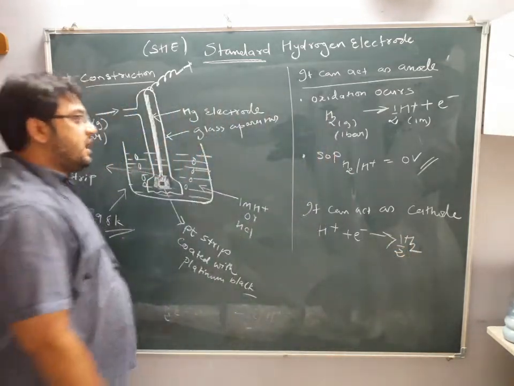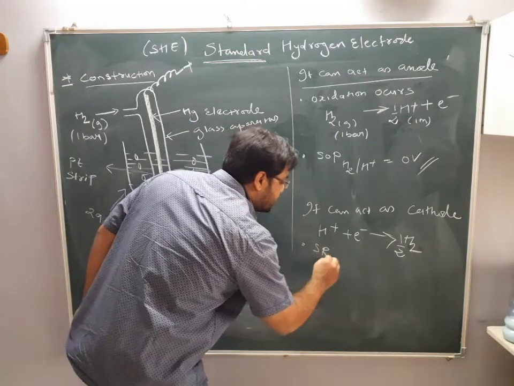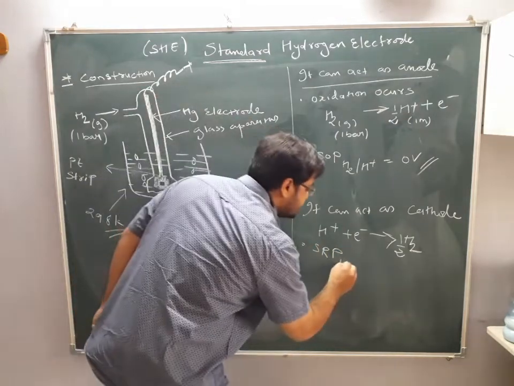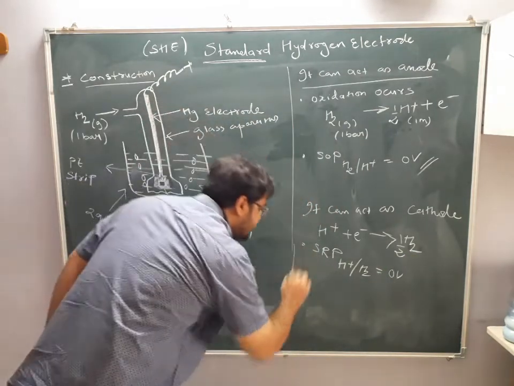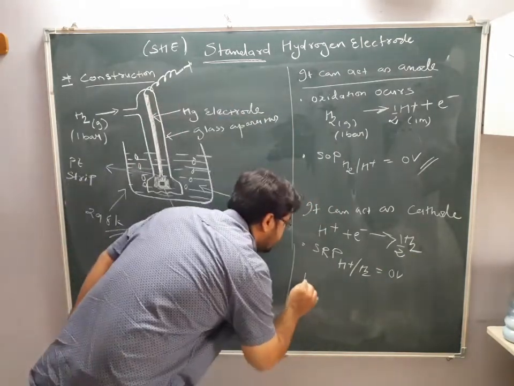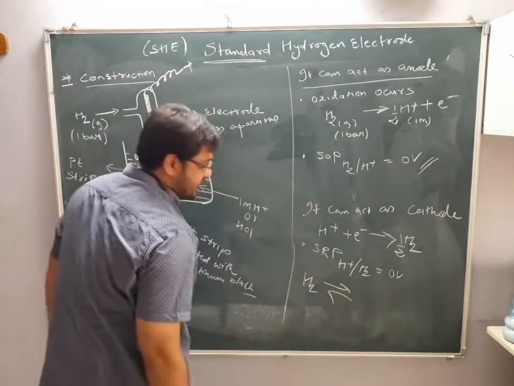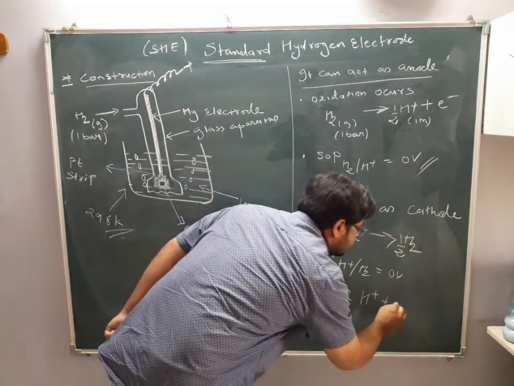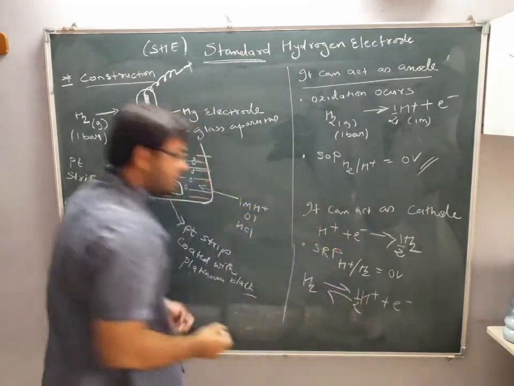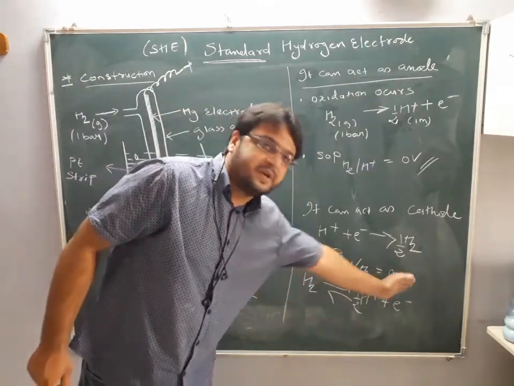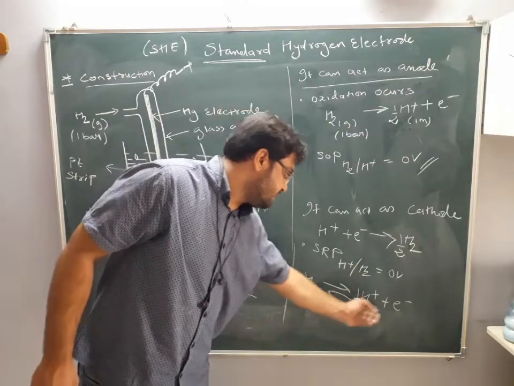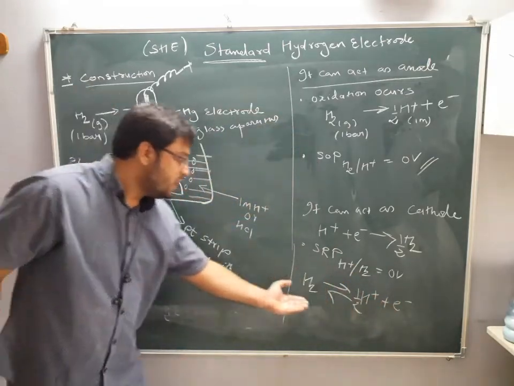Clear this part? And again here also, the standard reduction potential value for H+ to H2 is considered to be what? 0 volt. In short, which reaction occurs? This reaction occurs. You can check it out. H2 reversible reaction with H+ and electron. If oxidation occurs, it will go from H2 to H+ and electron. If reduction occurs, H+ and electron come to H2.